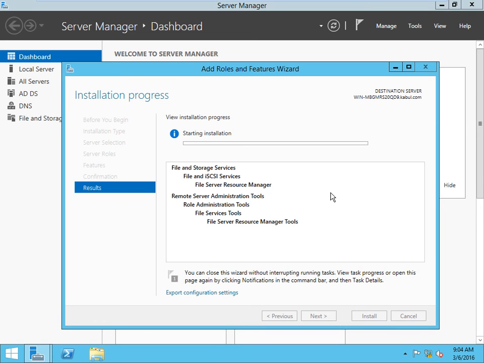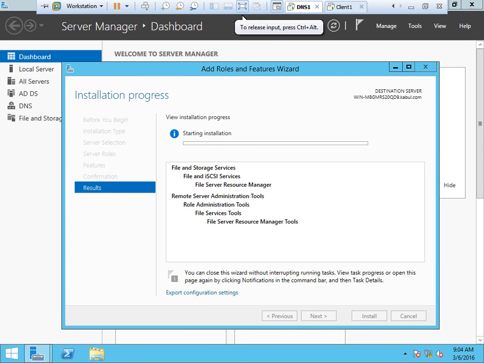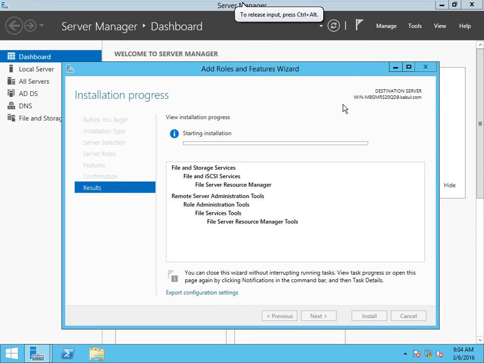So we have to install this FSRM so that the quota option will come. Then we will configure quota on folder, because previously we implemented quota on drive and disk quota on user. Now last we are doing quota on folder.